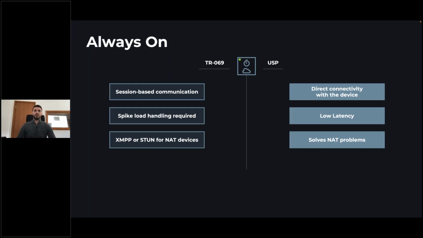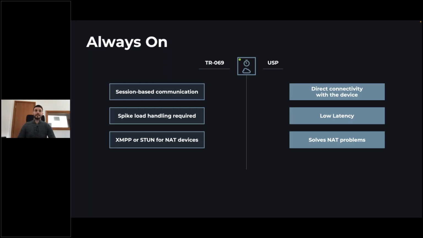One would be to locate a connection request proxy onto that specific network. Another one would be to use an XMPP server, which would hold a session between the XMPP server and the device directly. So we would then tell the server, hey, can you please let this particular device know that the ACS needs it? STUN servers work on the same principle.